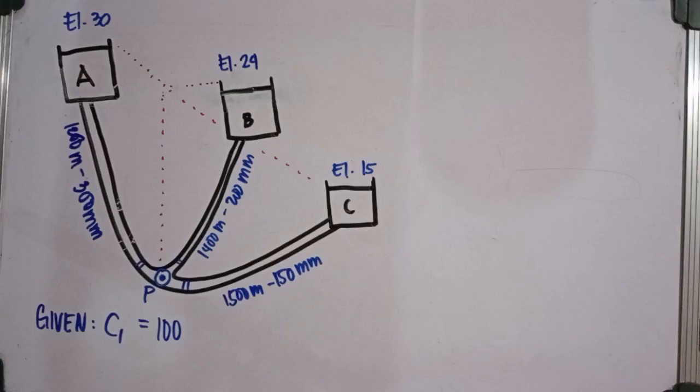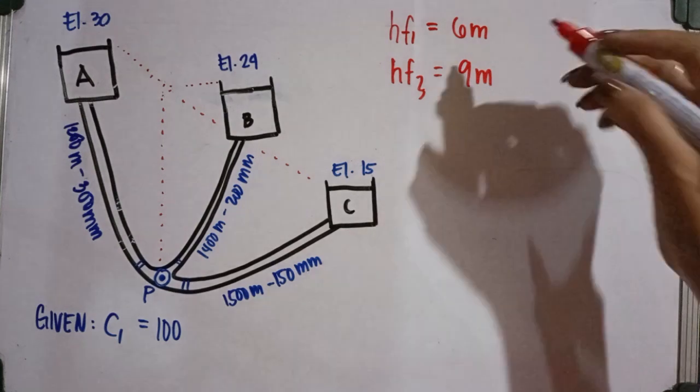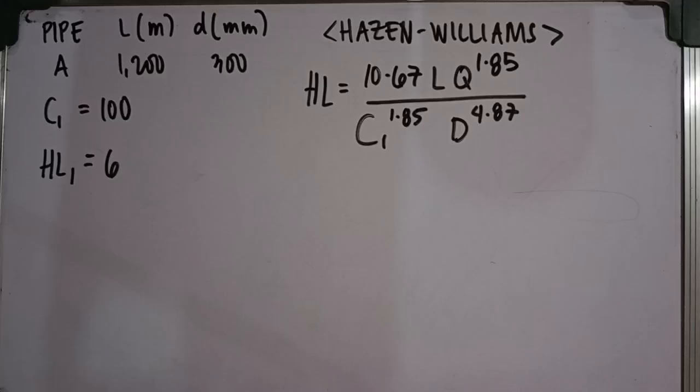cube per second. So for our problem 3, same with problem number 2, but this time we are going to use the Hazen's formula, given C sub 1 is equal to 100, and we are going to compute the discharge flowing towards reservoir A. We used 9 meters to find Q for reservoir C, and now we're going to use the 6 meters for finding reservoir A. Okay, now using the Hazen-Williams formula, we're going to compute for our discharge Q for pipe A, or reservoir A. So we're just going to substitute the values to the given equation, and we can get